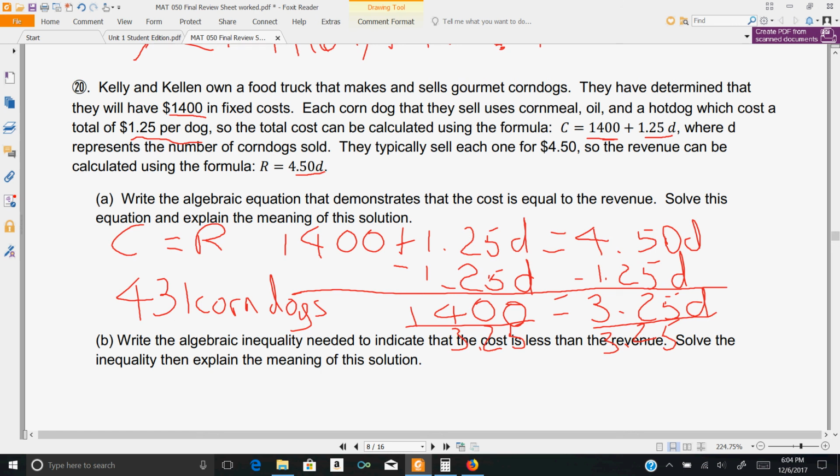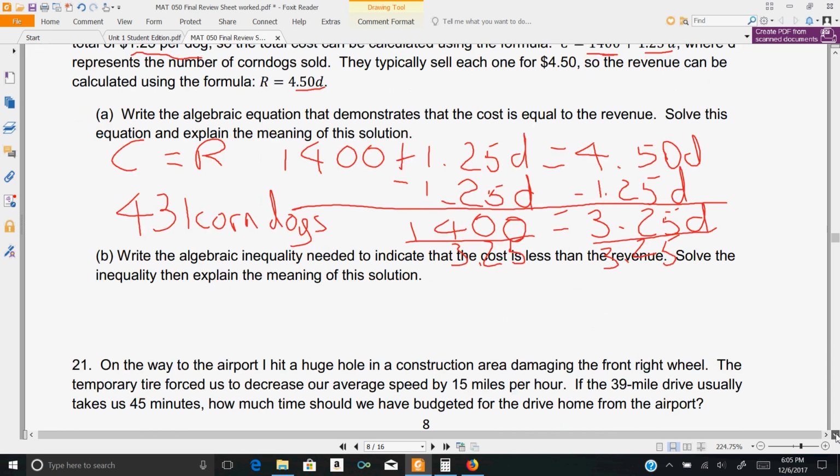It's what's called the break-even point. They actually want to make more money than this. They want to sell more corn dogs, but it's good for them to know they have to at least sell 430 corn dogs. And that's going to be useful in question B,